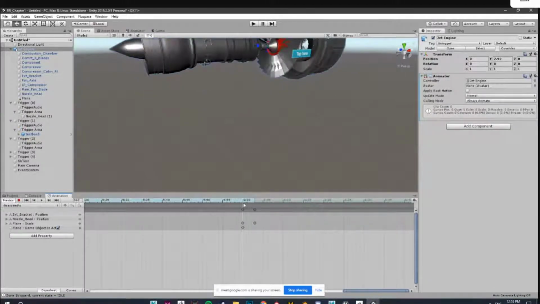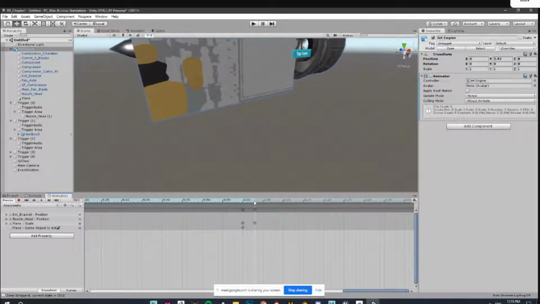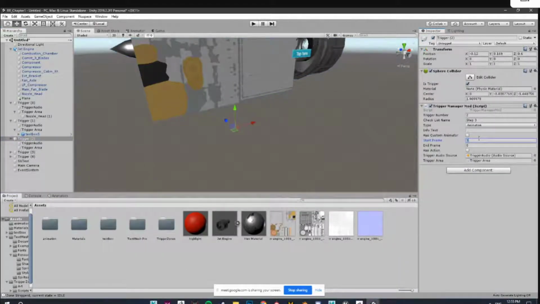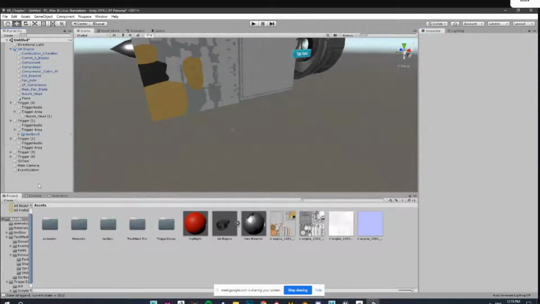Like this, right? So, starting frame is 360 to 363. So 360. If we play,